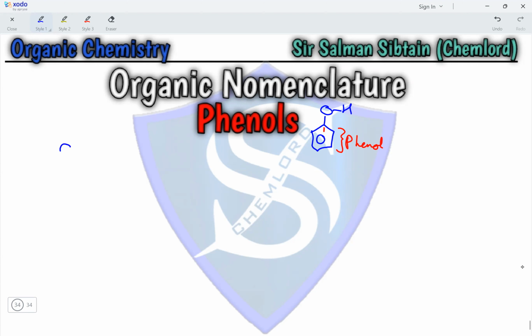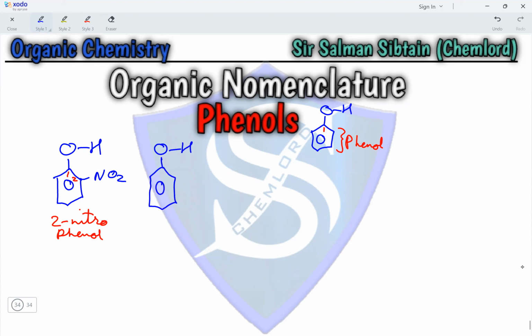So if we have a phenol with an NO2 group attached to it, the numbering would start with the OH group, so 1 and 2, and the name of this compound would be 2-nitrophenol. Another compound in which there is a methyl group attached to the phenol molecule would be numbered beginning from the OH group. So 1, 2, 3, and 4, either clockwise or anti-clockwise, ends up at the fourth position where the methyl group is attached. So the name of the compound becomes